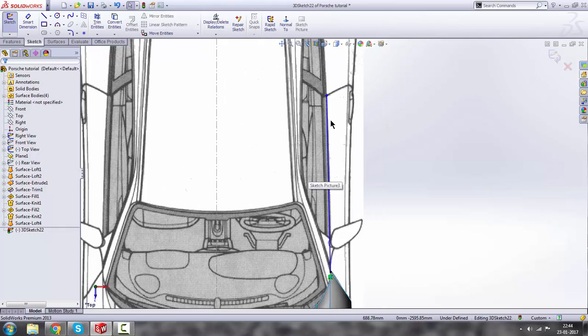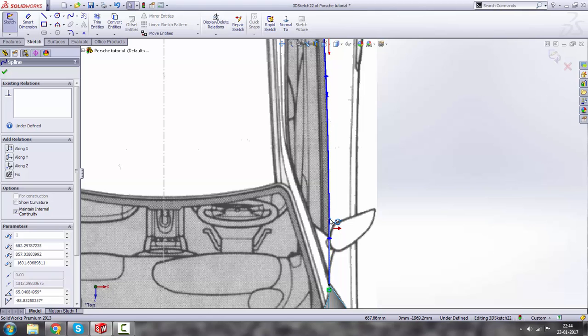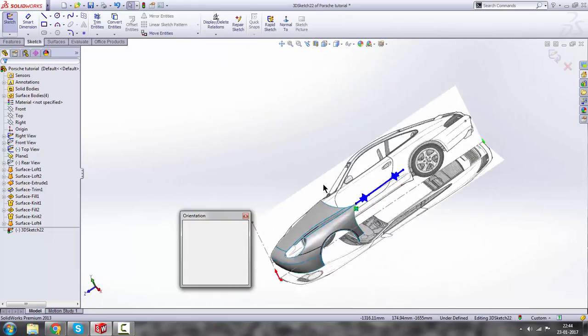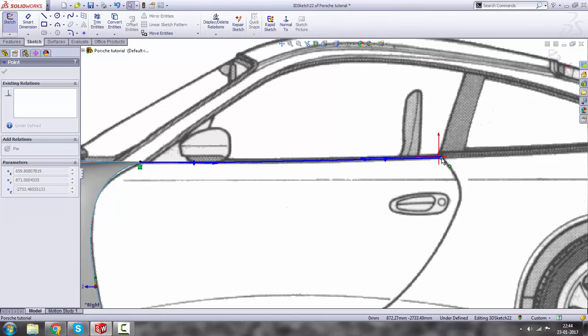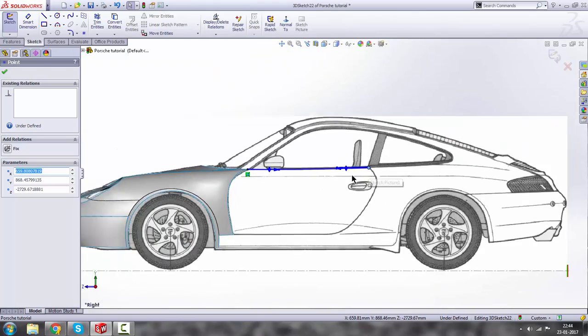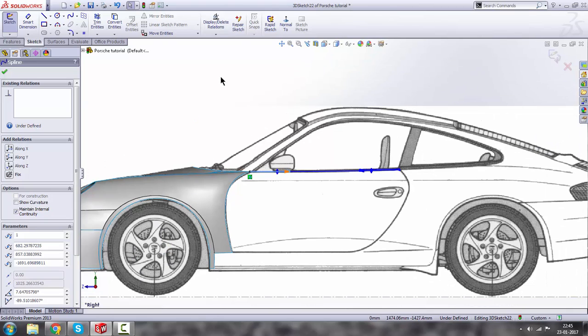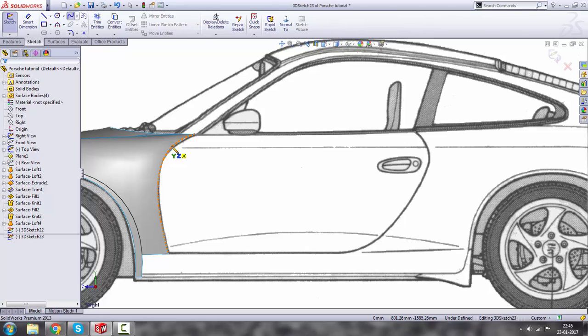Try to align with the blueprint, and here we go. This seems alright. The right view. Alright, get out of this sketch, and now click on 3D sketch again and use spline and make another sketch